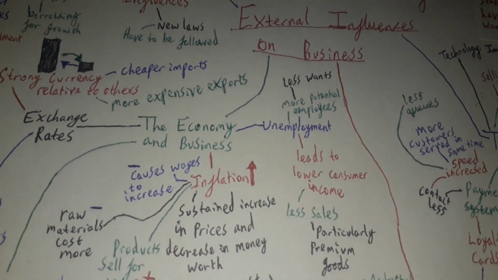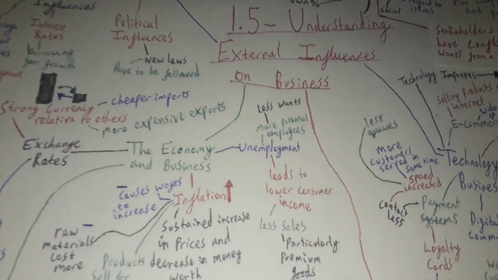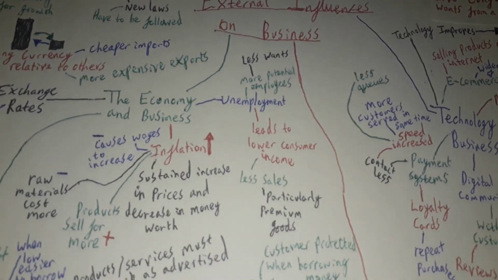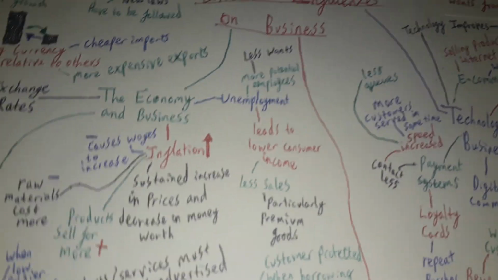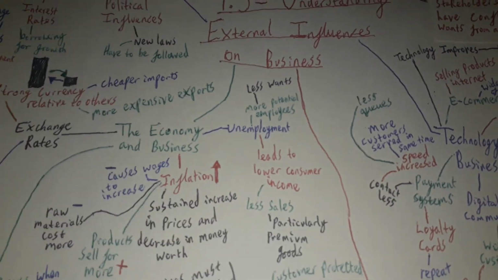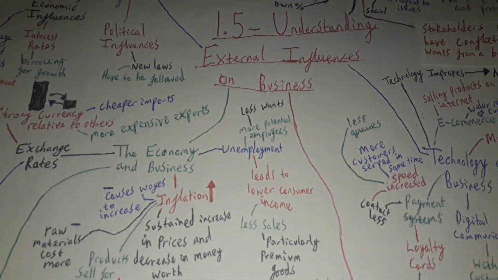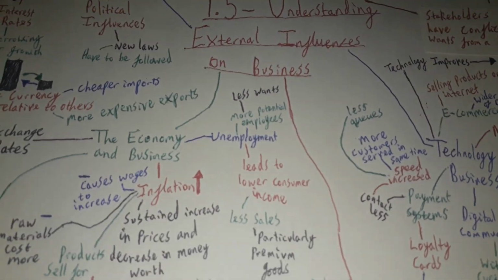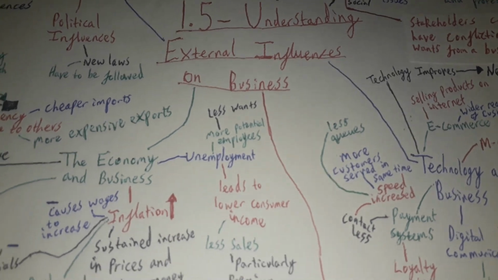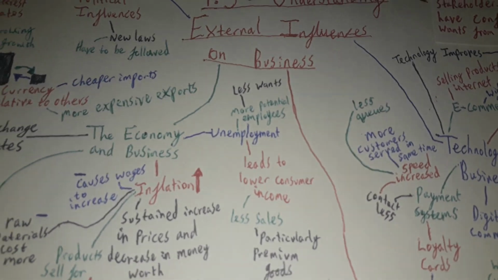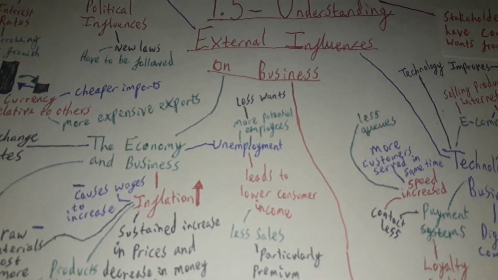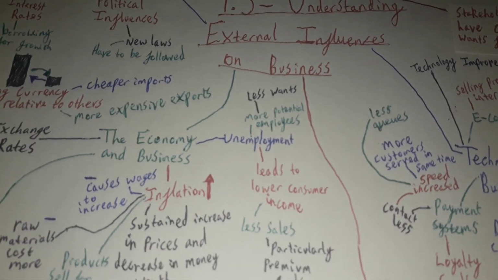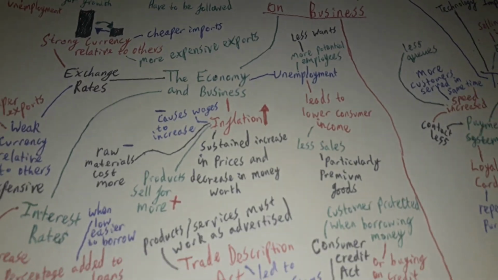So next, let's look at the economy and business. So unemployment in the economy would lead to a lower consumer income. And if there's a lower consumer income, that would lead to less sales, particularly premium goods, because when people don't have as much money, they tend to buy only essential items. Also, unemployment could lead to more potential employees, which could potentially help the business, and they would want less from their jobs, so potentially they'd go in for a lower wage, which may help out the business overall in terms